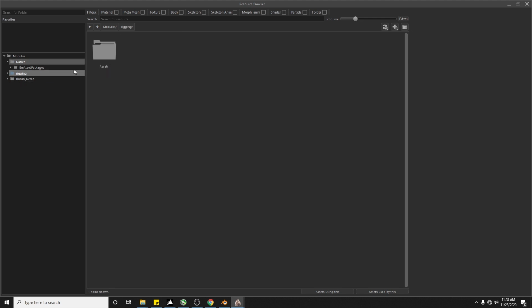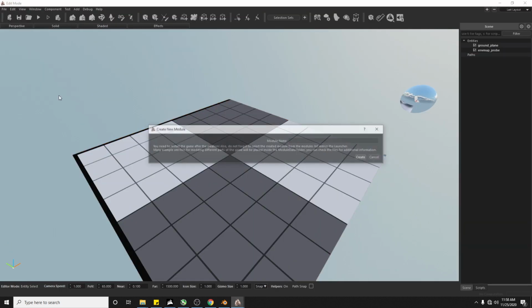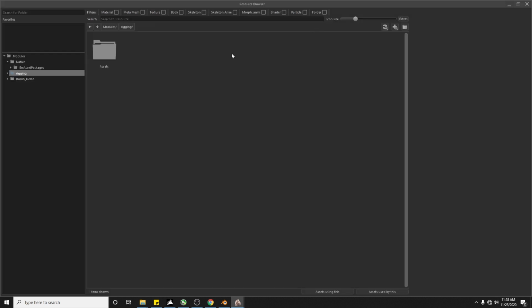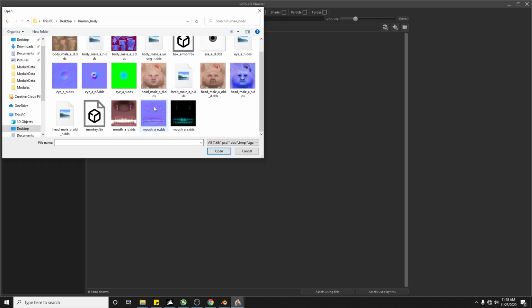I have made a mod. You can create one in here. Create new module. I name it rigging. And when you create it, you need to restart your game to activate it. Now that this is usable, I'm just gonna import those assets I made, which is the